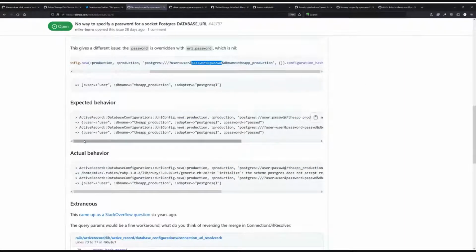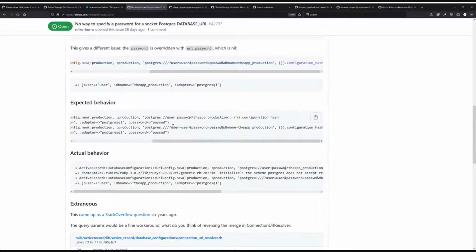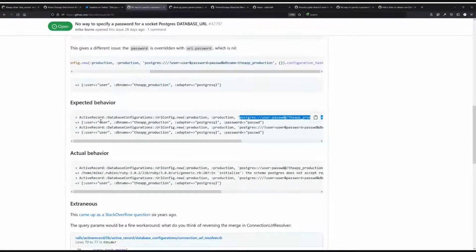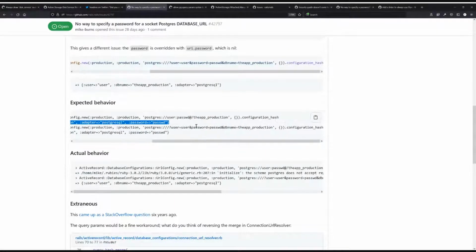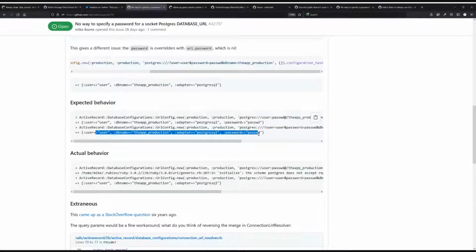And so the person says, this is what I would expect. So with Active Record, you just give it a URL config, passing this URL here, which I guess has a socket here, and then you would expect it to be valid with the config you're passing in, and this should also be valid according to the person. You pass query parameters, you pass user and password to Postgres, and it's going to understand it, and you still get the right